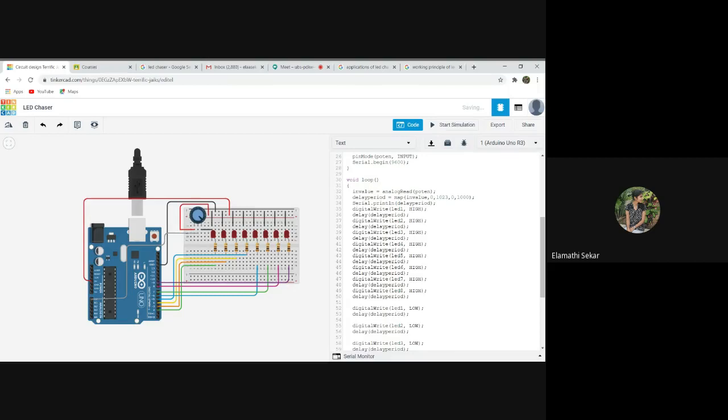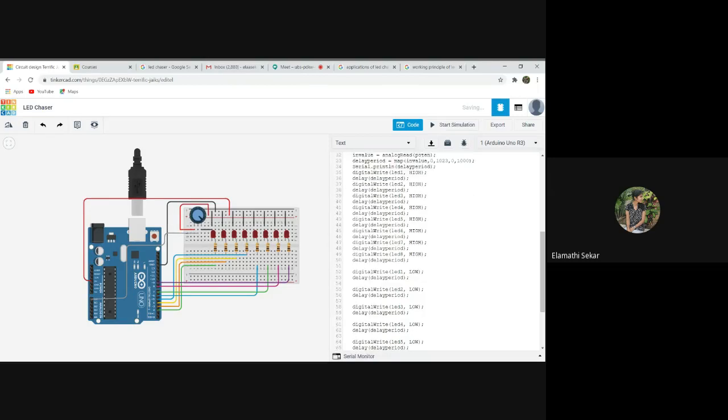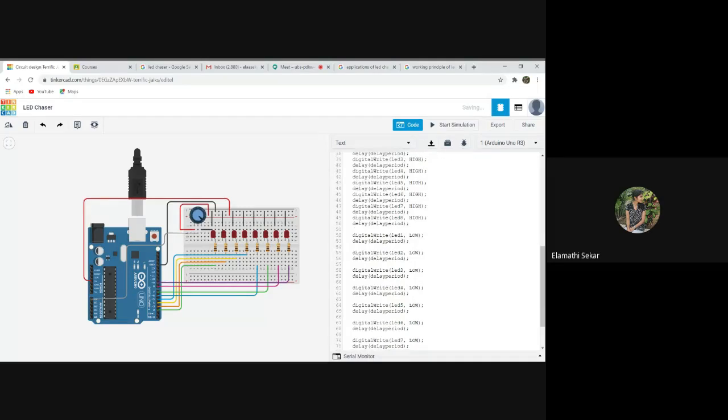This is a function used in Arduino. Map takes the value, from low, from high, to low, to high. So from 0 to 123, 0 to 1000. So actually the potentiometer values range from a minimum value of 0 to a maximum value of 123. Here for my convenience, I am assuming it as 0 to 1000. So at first, I'm using the digitalWrite function for making the LED high, and after a certain period of delay, I'm making it low.